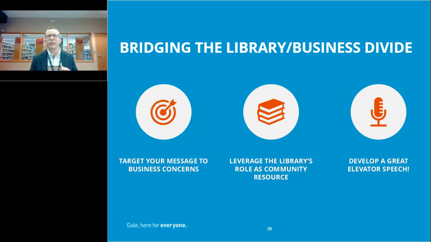Leverage the role the library has in the community. From time to time, there is a person I'm meeting with who is a little skeptical because they're used to being sold to, like a salesman tactic. And really, I'm here to sell the library services, but that's it. As libraries, we're not looking for something in return. We are really just looking to help them. So really try to leverage that, because while I haven't had a lot of pushback on why you are doing what you're doing, it's really good to remind people that we're really here for the public good.